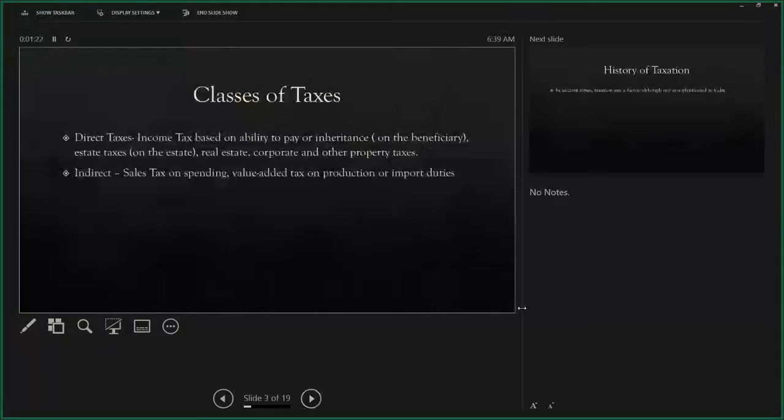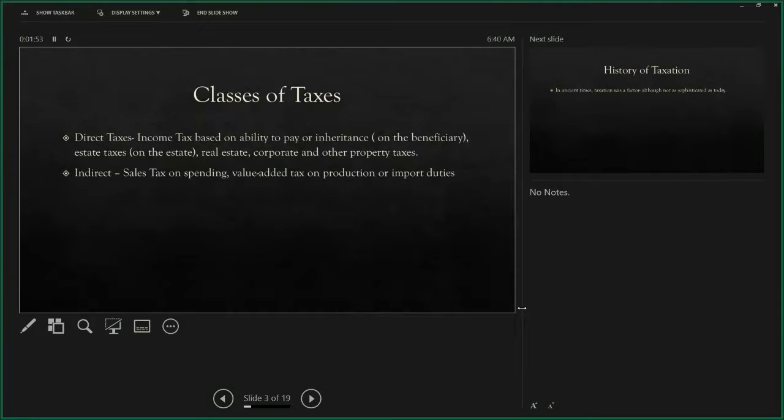And there are classes of taxes, by the way. You can think of them in two ways. There are direct taxes, and these would be income taxes based on the ability to pay. Or it could be inheritance tax on the beneficiary if you inherited something, or estate taxes, which are on the estate when a person dies. There could be a tax on that. In the United States, we have a federal estate tax,